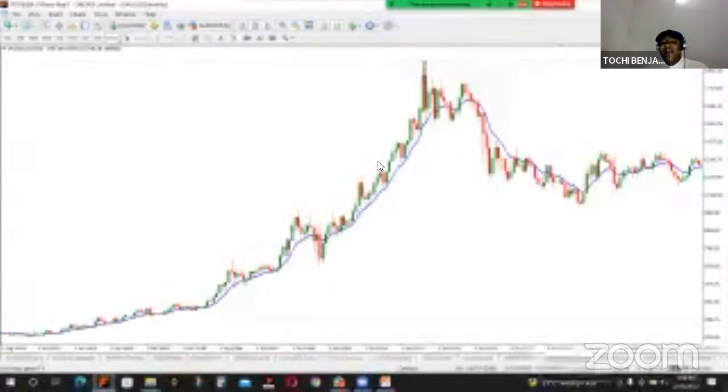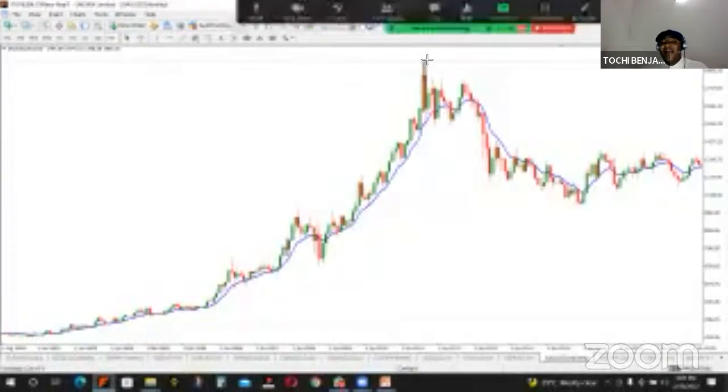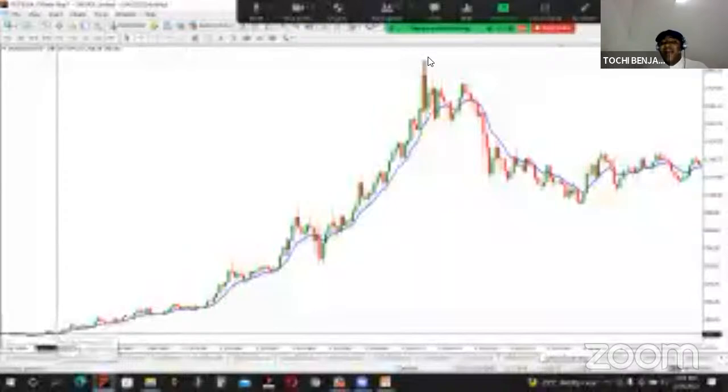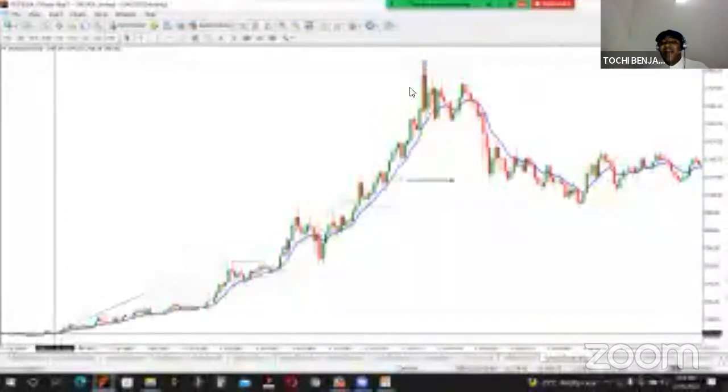And this thing is moving average 10 on our chart. Now look at it, brothers. Look at this point when the price is above the moving average. At this point, price is above the moving average. From this point to this point, this is 16,520 pips buying gold. This is since 2001.